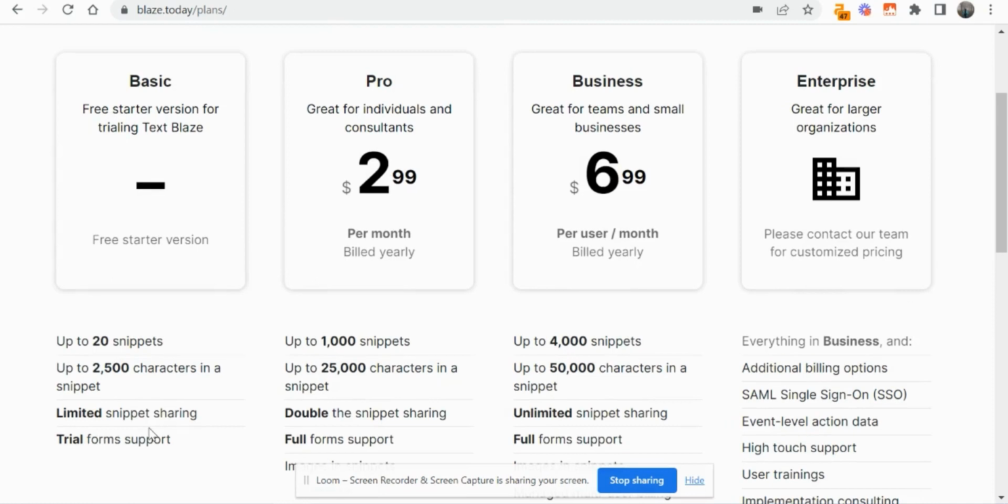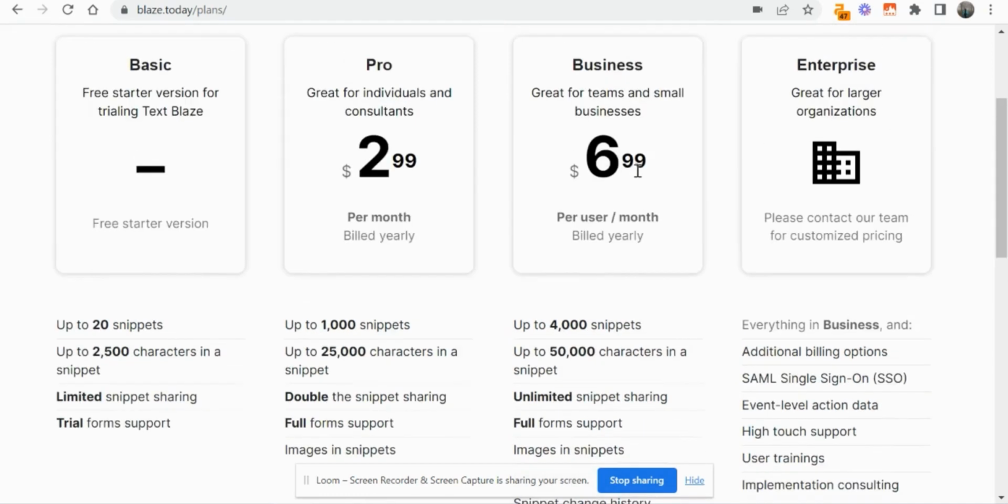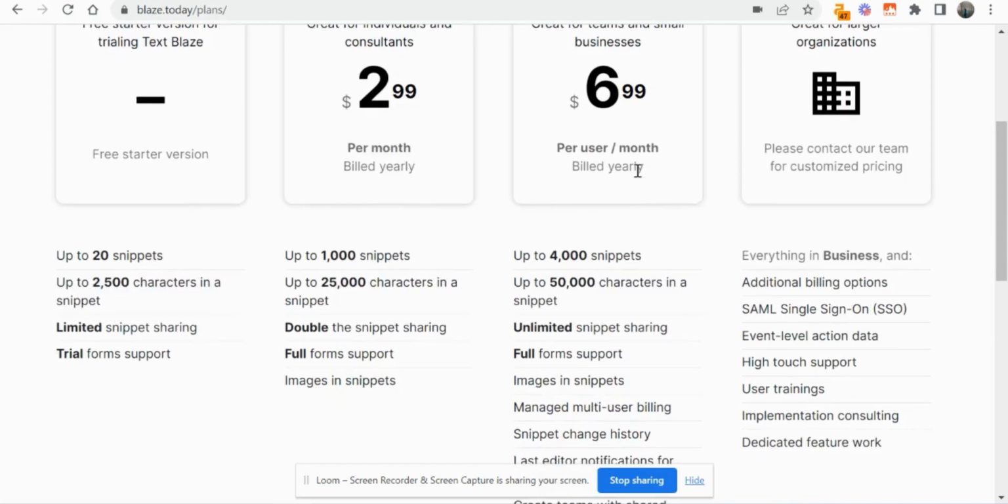And if you have a pro version, which is essentially for a small team or small business, you could go with 1,000 snippets with up to 2,500 characters in each. And you can also do more. You can add images in the snippet, so it's not just text. And then when you have an enterprise version or a business version, which is for small teams and small businesses, you could also share snippets. So if you're a team of, let's say, 10 people, one could create an